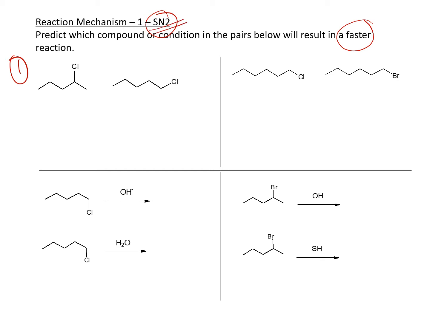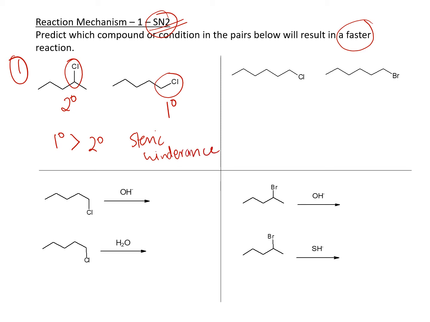So for an SN2, you need to have a sterically unhindered alkane, or a substrate. That's what you need. So alkyl halides is a good thing because the alkyl halide is the leaving group. In this case the alkyl halide, the first one, it's a secondary halide, and the second one is actually a primary halide. So in case of SN2, a primary halide is going to be better than a secondary halide because of steric hindrance, and less steric hindrance is what you want when you're doing